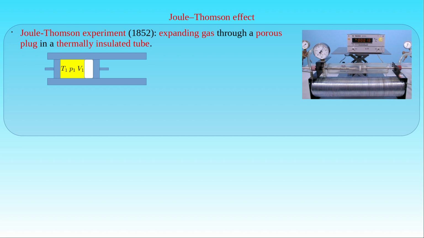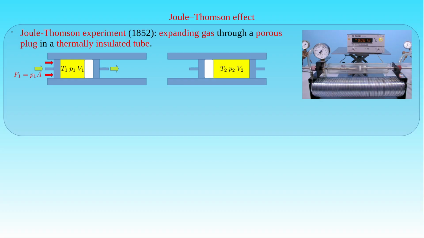As constant pressures are applied to both of the pistons, the gas in the left compartment is slowly throttled irreversibly to the right compartment. A force somewhat greater than the force F1, given by the product of the pressure P1 and the cross-sectional area A of the piston, is applied to the piston, pushing the gas through the plug into the right compartment. The gas flows slowly enough through the plug so that the gas on the upstream side of